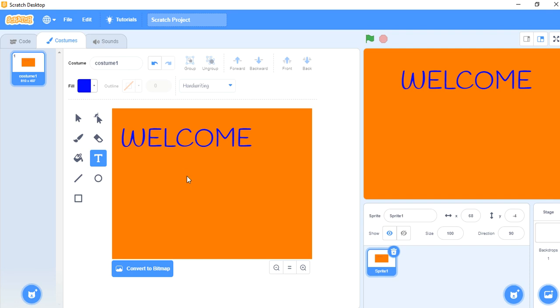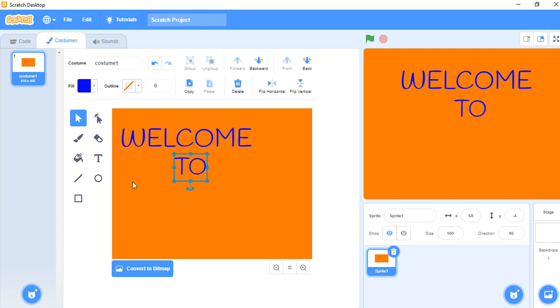So I'll come to the middle, type another one, click on the text again, come to type 2 there, and then click on this arrow to make it bigger. Alright, then click on the T again, then come down. I'll type D, click on the arrow, make it bigger,